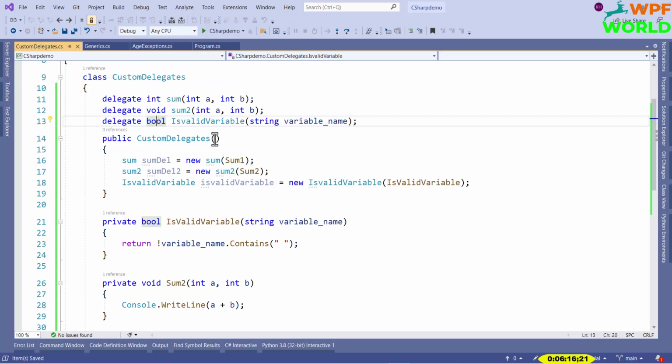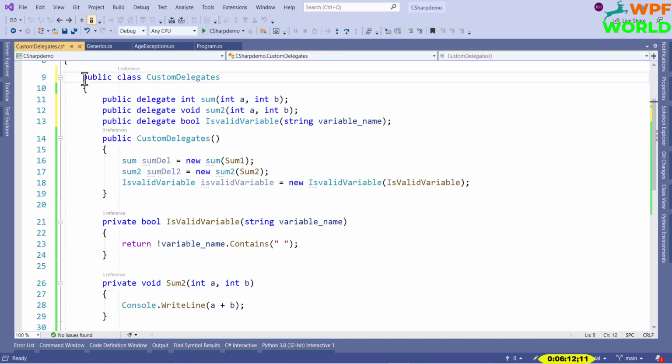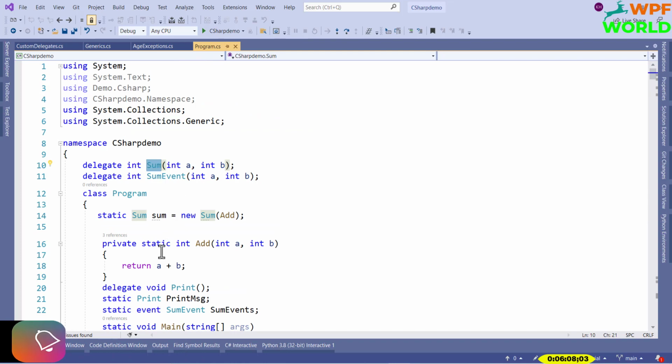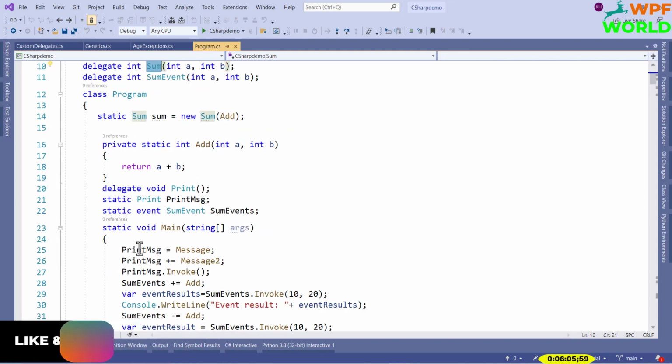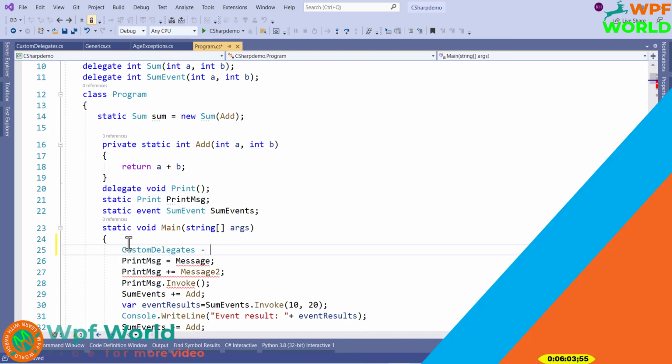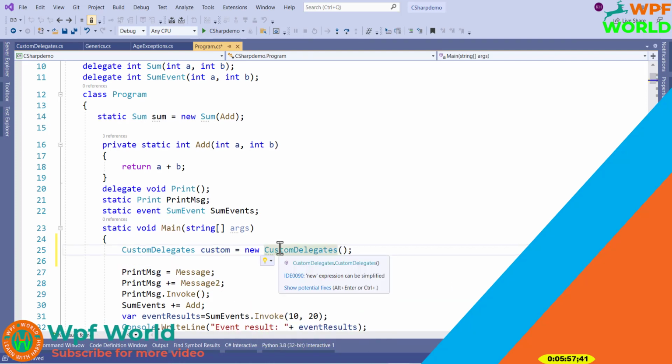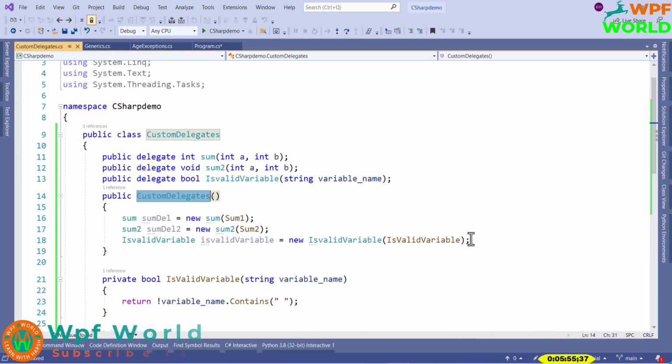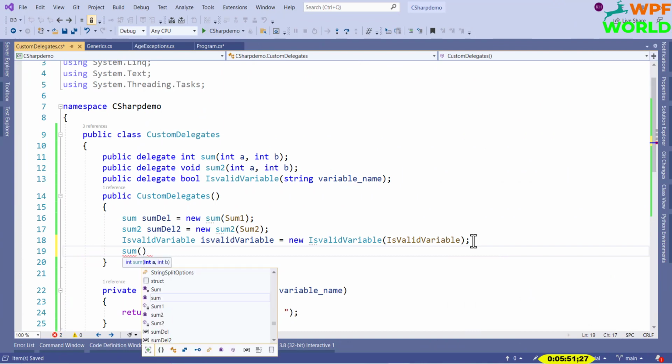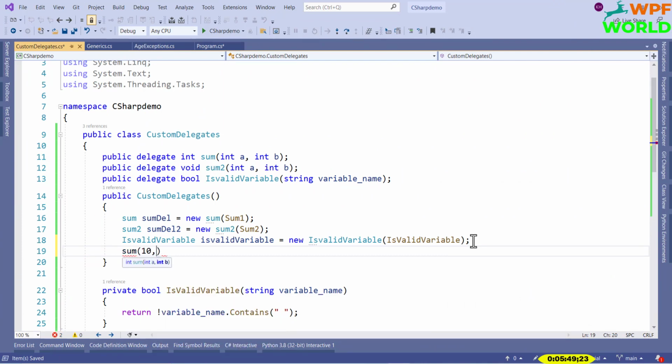Now let's call these delegates. I will make it public. Now I have to create the object of this custom delegates inside the Program class Main method: custom equal to new CustomDelegates. Okay, I will invoke all delegates inside this constructor. How to do that? Sum, and here we have to pass the values 10, 20 I have passed. Okay, this is